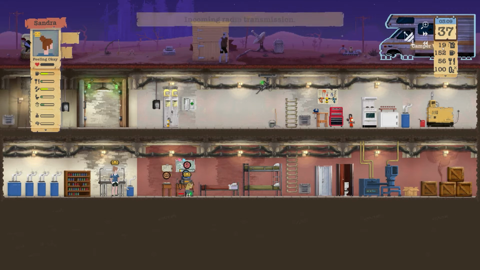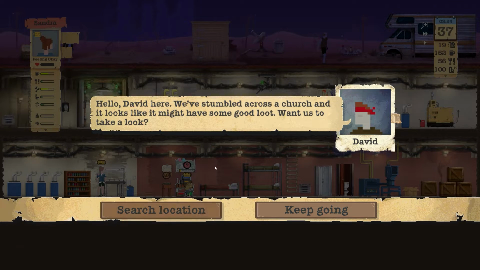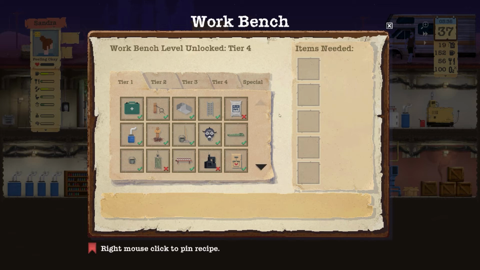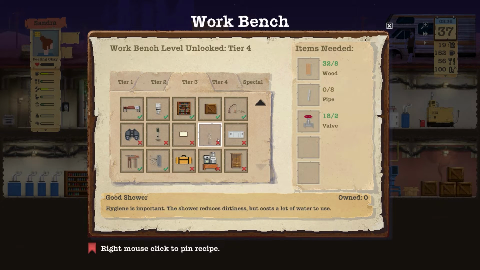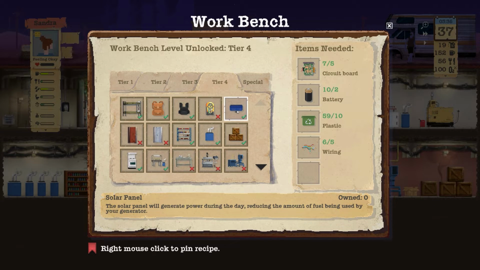In terms of resources, we have 19 fuel, and we don't need to put that in there. Accept the transmission, search the small church there. In terms of building, if we go to craft item, we've got all manner of things that we can probably make. We are focusing really on the sort of tier 2. We actually have the option to make a solar panel, but with the amount of fuel we're finding because of basically the sheer number of...